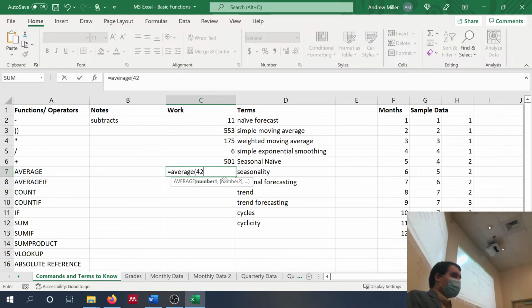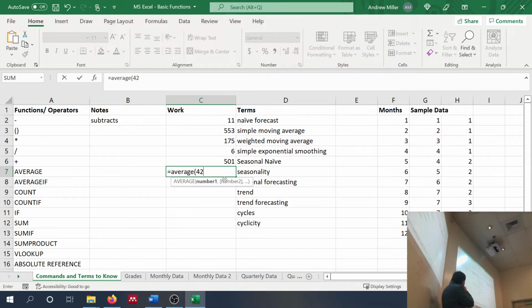And just to point out real briefly, whenever you type in a function, if it's a recognized function and you have the open parentheses, it will show you the function name as well as the arguments it expects. Right here, you see this is not in brackets. It means it's required. I had to have at least one argument for this function to work. I had to have at least one number that it's averaging. You can't average nothing, because what happens when you divide something by nothing? It's undefined, correct?